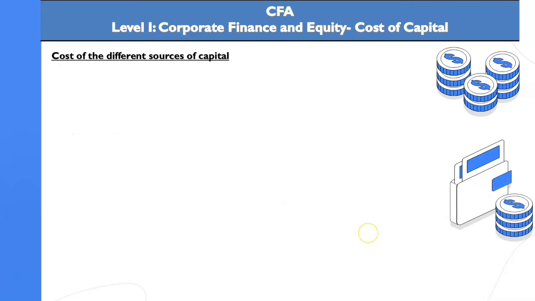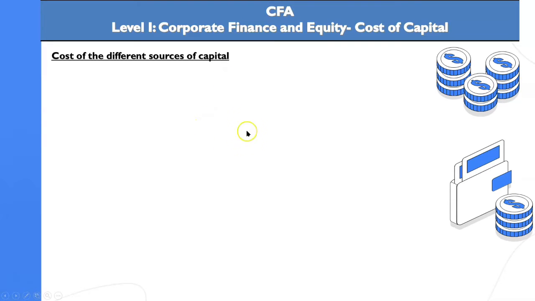Now we have different sources of finance. We have debt financing, we have equity financing, and then there is hybrid instrument. That is, an instrument that has both an element of equity and an element of debt, such as convertible debt. As of now, it is debt, but it could be converted to equity. So we call them hybrid instrument.